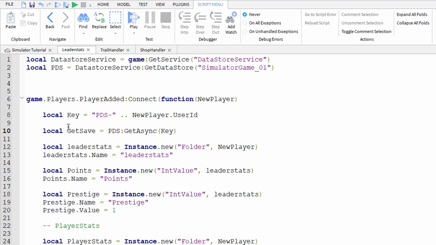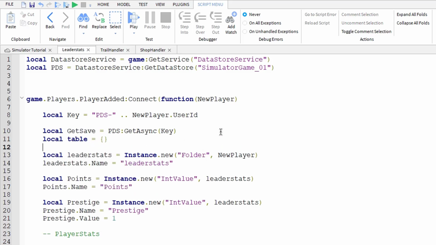So what this is doing is, this variable represents a table of all of our data. So you know what tables are. So you know local table equals, let me do my table. So a table is basically like an array that holds multiple values, and we're saving 4 values. Yeah, click bonus, prestige, points, and leader stats. We're saving all 4 of these. So the numbers would look something like this. No, it's actually 3, not leader stats. So it would be,